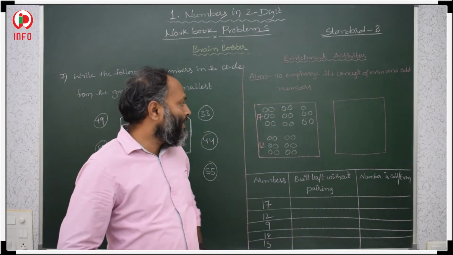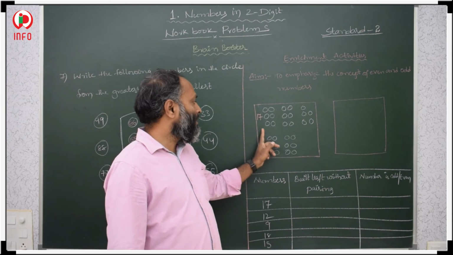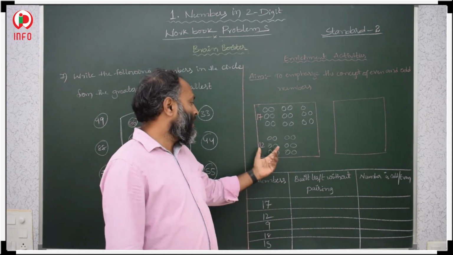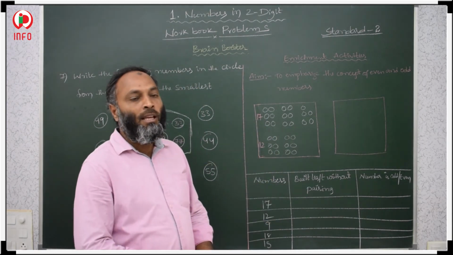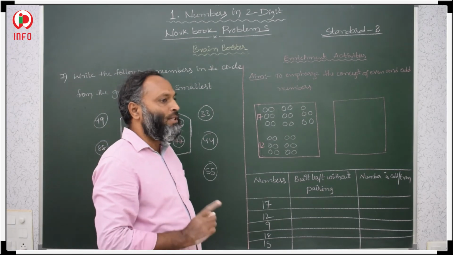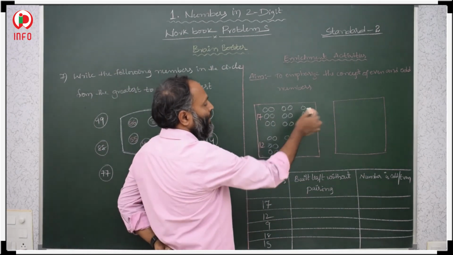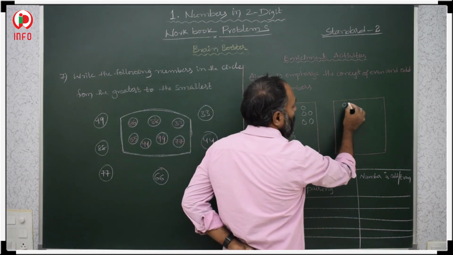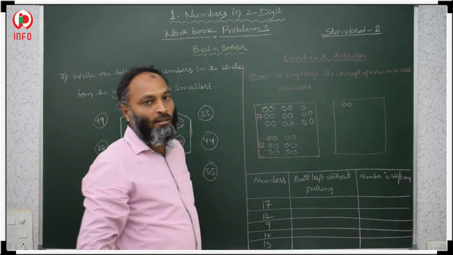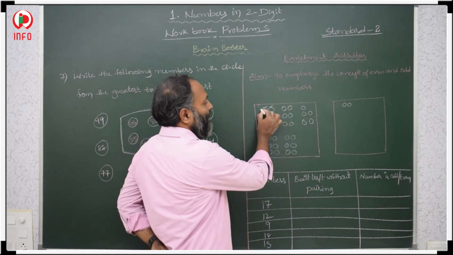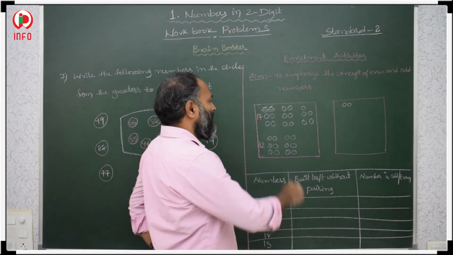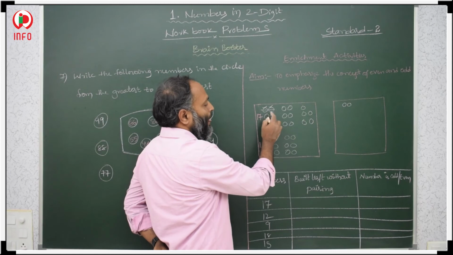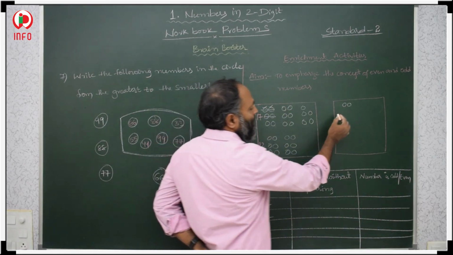On this sheet, in the first we have 17 bindis, in the second 12 bindis. Then what we have to do? First we have to shift one pair to another sheet, these two. One pair means these two. We stick them on another sheet, and after that these two bindis are done. Then this much is left, then the other pair we shift here.